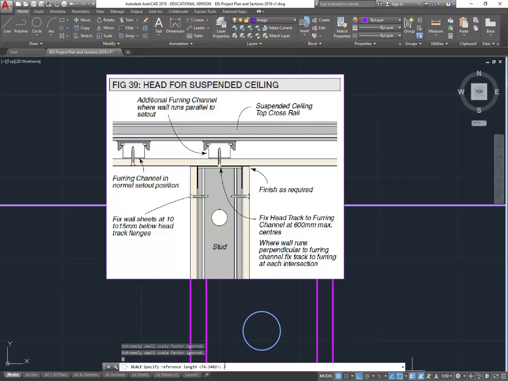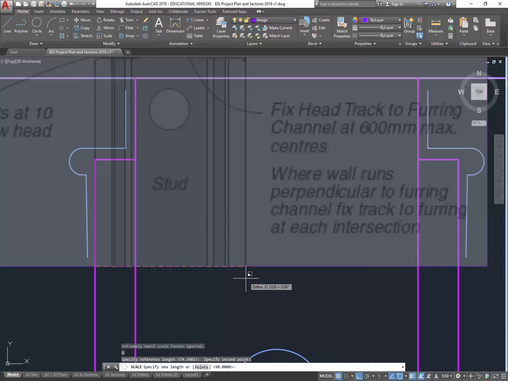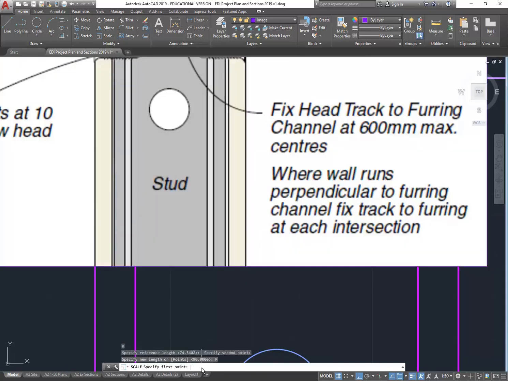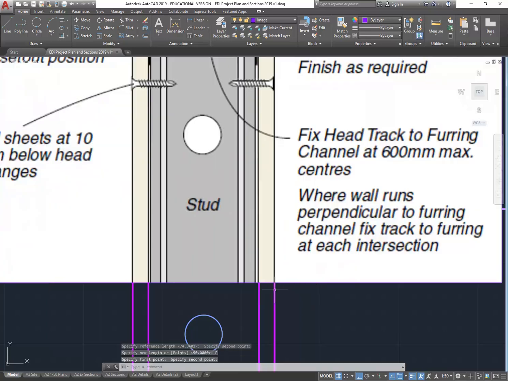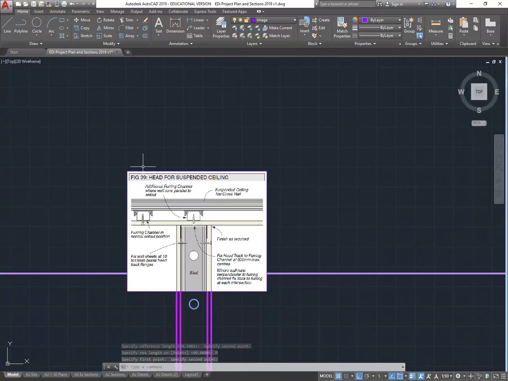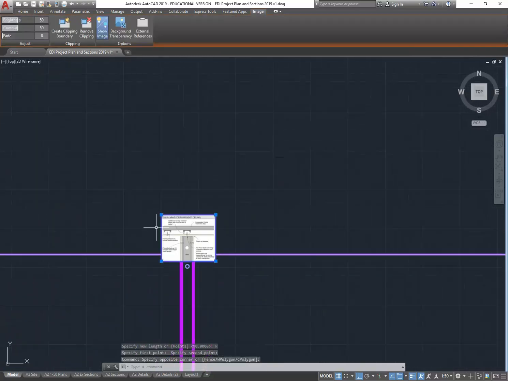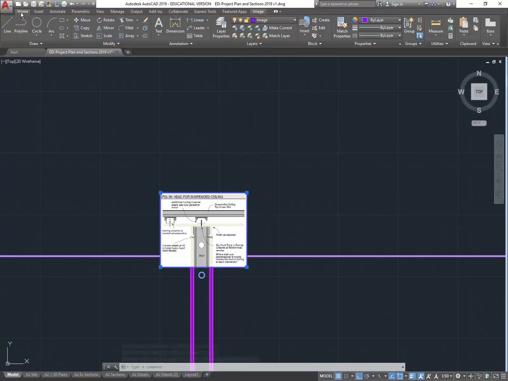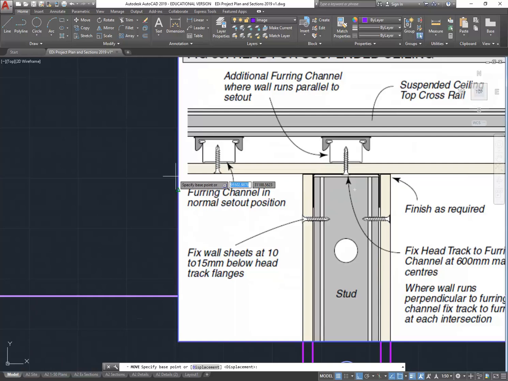That's giving me the reference option now, and I'm going to pick the 2 points either side on my image, and then use the points option to pick the 2 sides of my drawn stud wall. So you can see now that lines up perfectly. And all I need to do now is move that, making sure I'm in the right place, down so that again, the bottom of my ceiling lining,